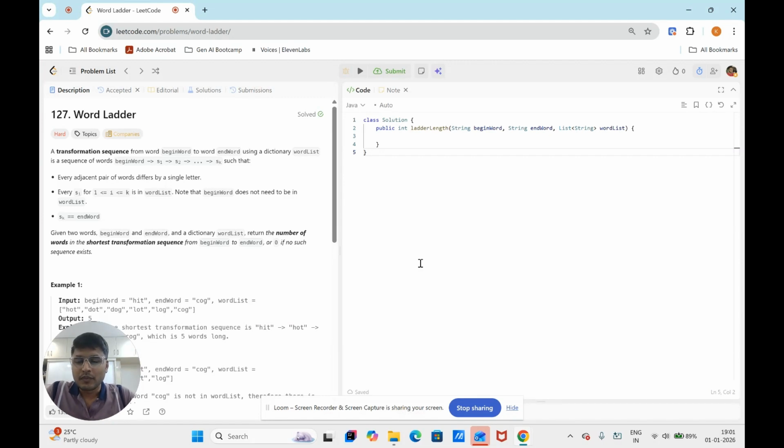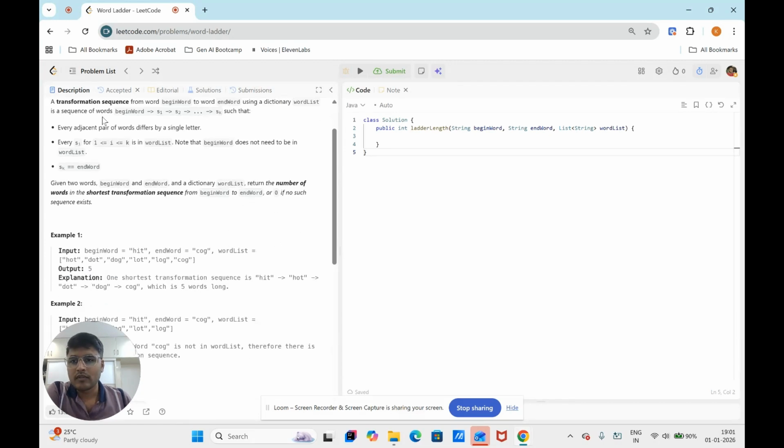So the first problem I'm taking from LeetCode is Word Ladder. So what does this problem statement state? A transformation sequence from word beginWord to word endWord using a dictionary wordList is a sequence of words beginWord, S1, S2, up to SK such that